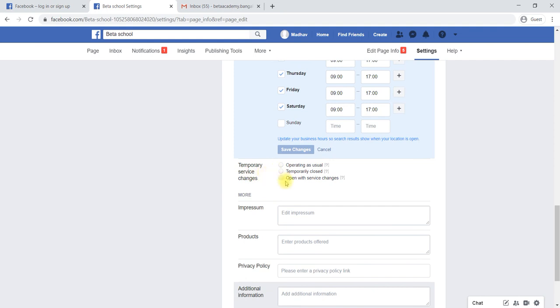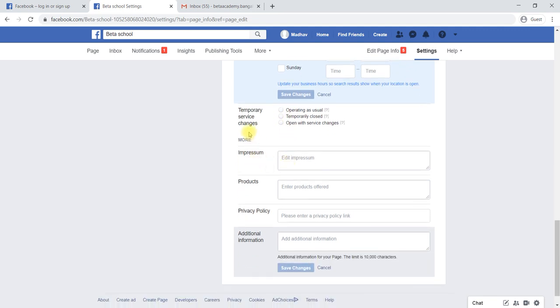You can say temporarily closed, for example, at any moment. After a certain number of days you are going out of the city, and at that particular time no one can visit your office, then you can say temporarily closed our office. Like this we can give the detail also.